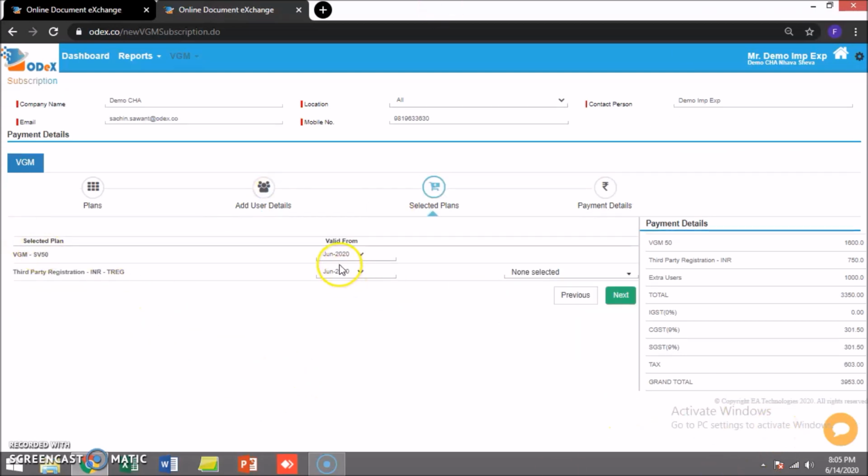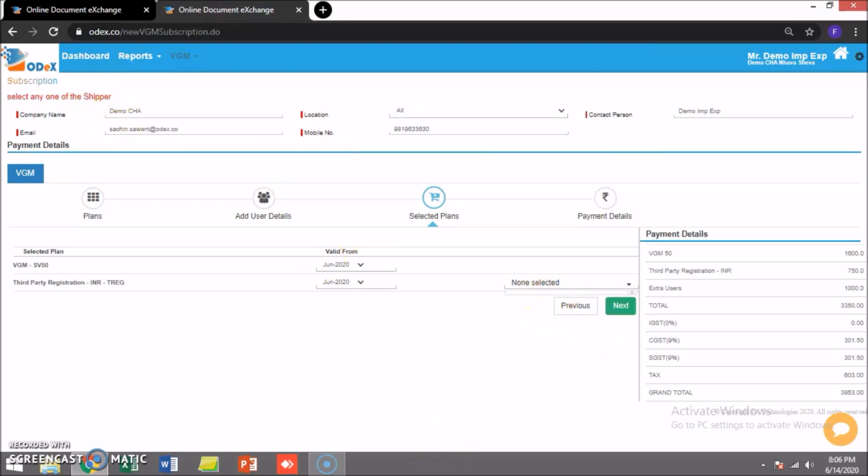So now this also says, importantly, that the plan has to be effective from which date. We have usually seen customers submitting a request and needing the plan to be enabled immediately, but they select a forthcoming date. So if I select July here and say next, this plan will be applicable from 1st of July and it will not be effective with immediate effect. So we select it from this month onwards, which will be immediate effect, and then I select next.